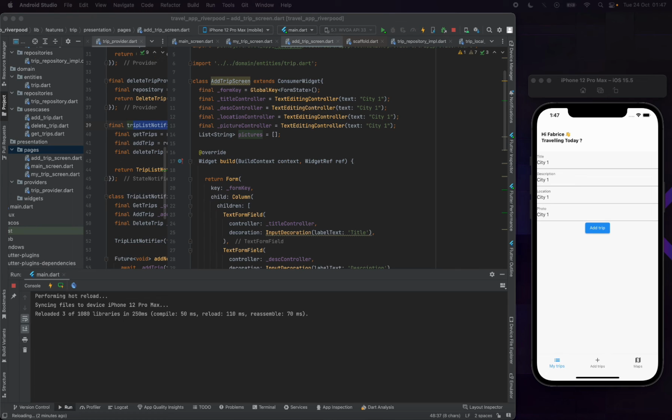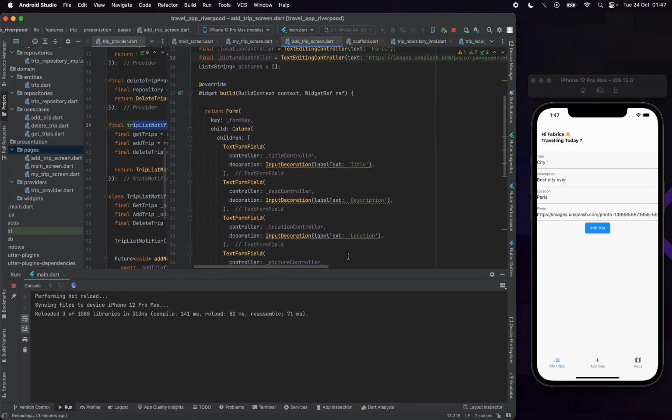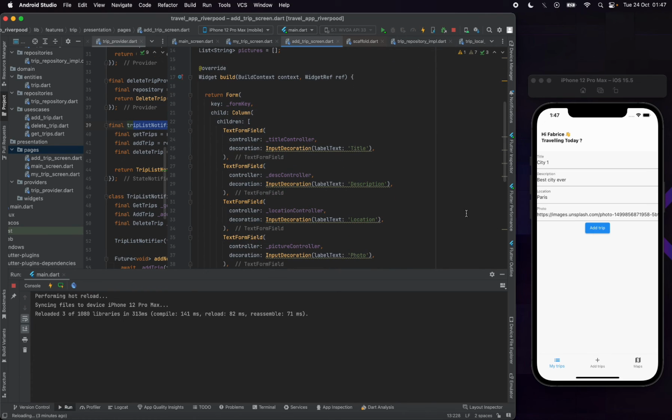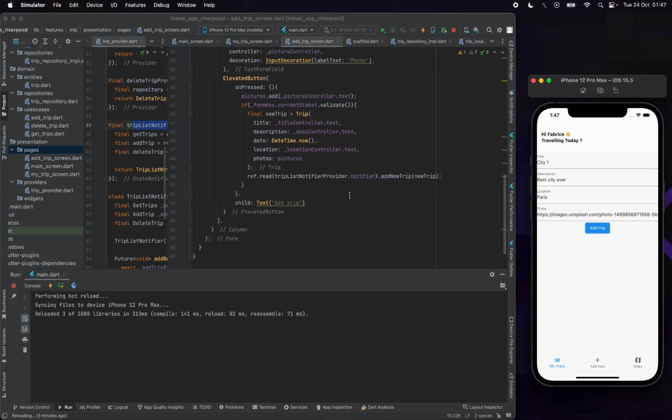But to do that, let's change our default variable and put, for example, Paris here, and I got some tests, so by default we are going to put this, and if we click on add trips,